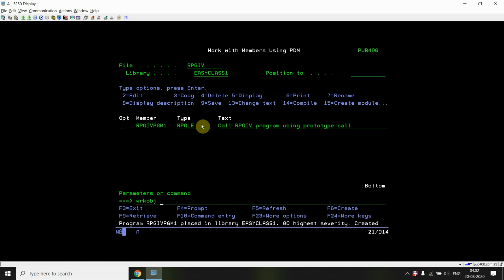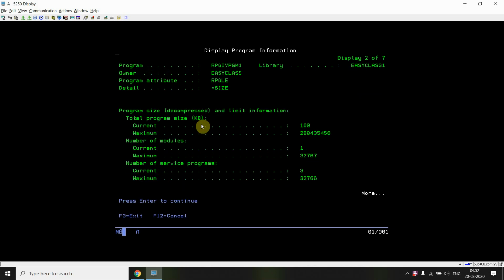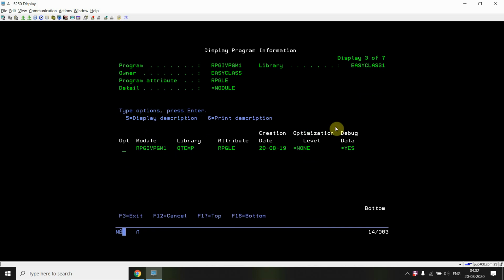So work with object RPG4 PGM1. Okay, find ESP PGM. So you can see in case of RPG4 what happens: a module is created, but that is created in the QTEMP library.